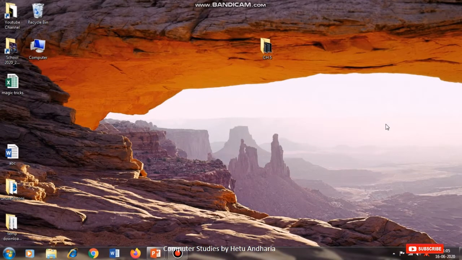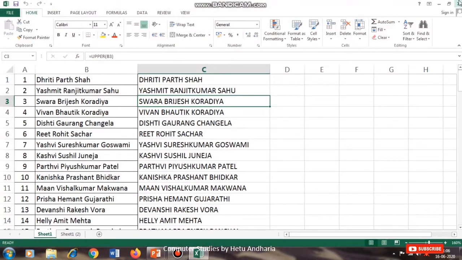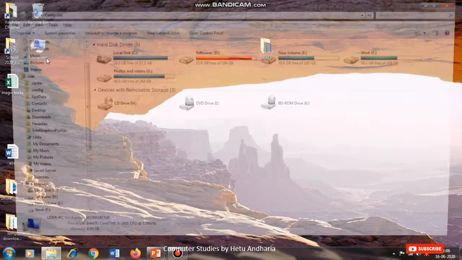Now we will have a look at the things which we can do with the mouse. First is single click or left click. By giving a single click or left click, you can select any item. Next thing is double click. By giving a double click, you can open that thing. Then third thing is